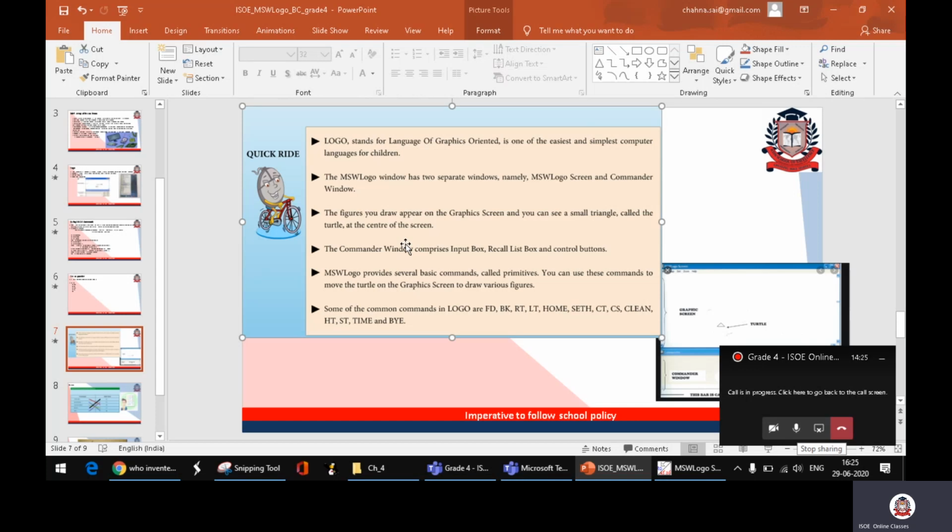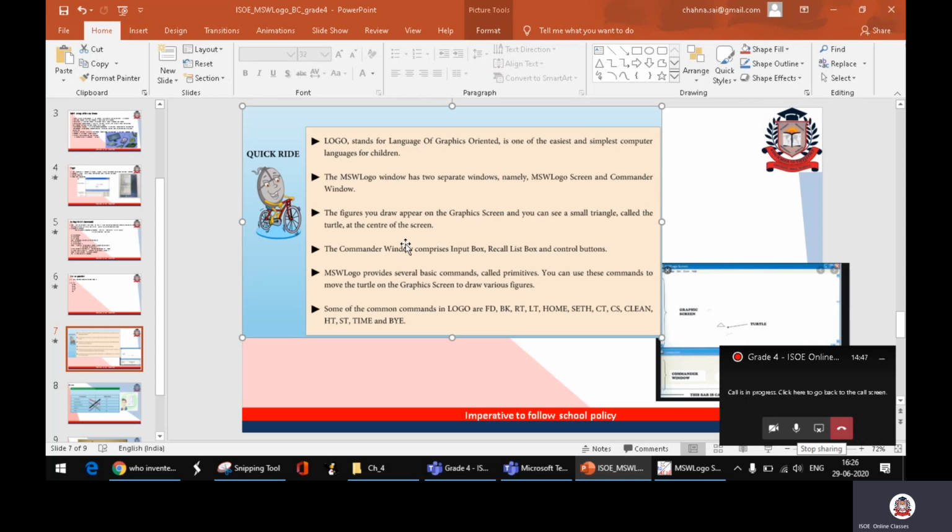Some of the basic commands, you all remember, in the logo: FD is forward, BK is back, RT is right, and LT is left. Home, it will come to the home screen. Set, what it does, it will just move the turtle in the same place.